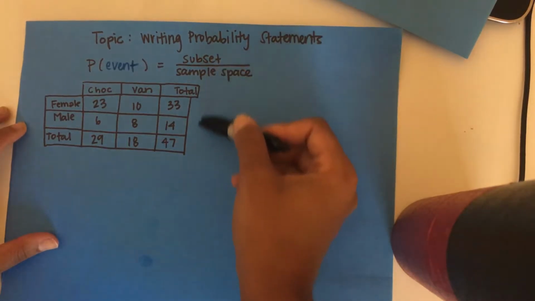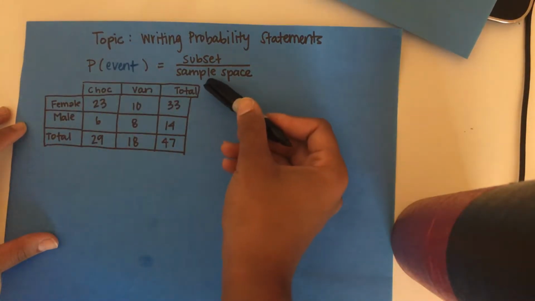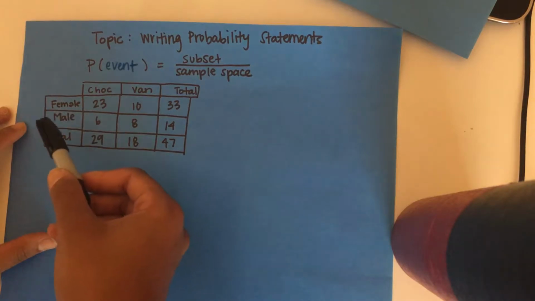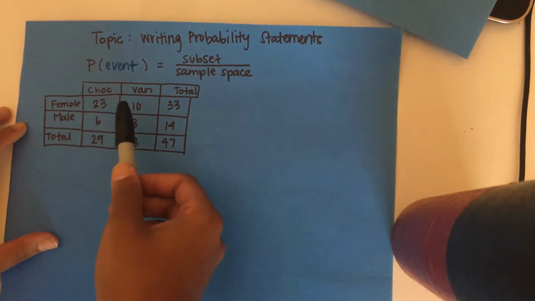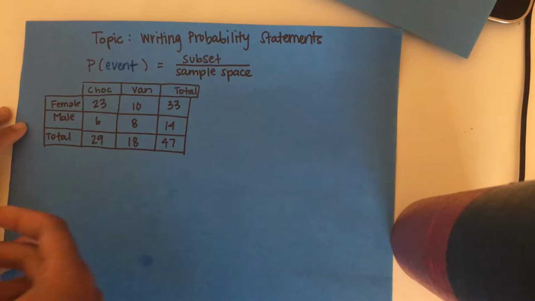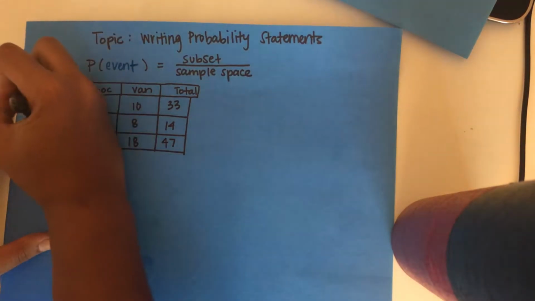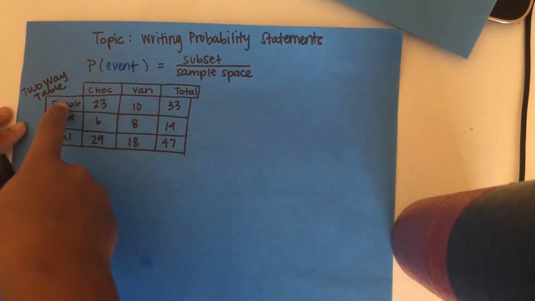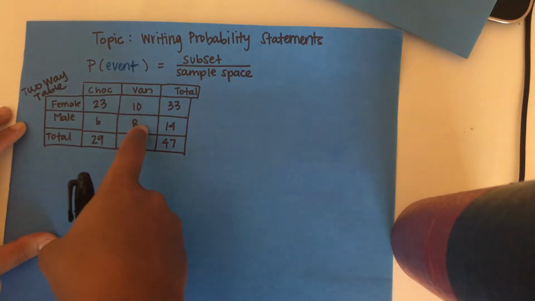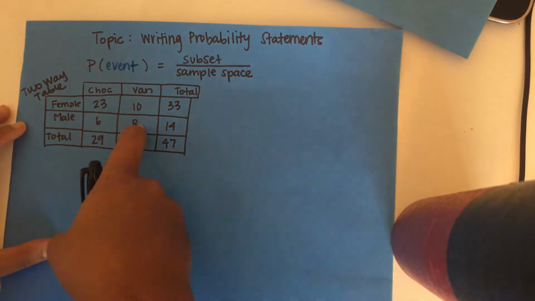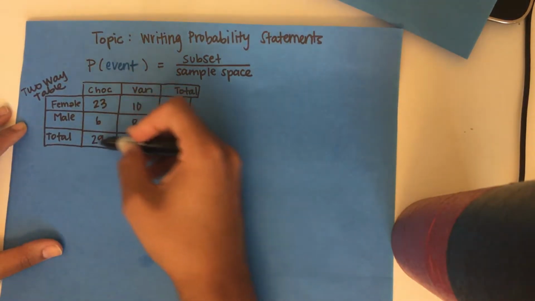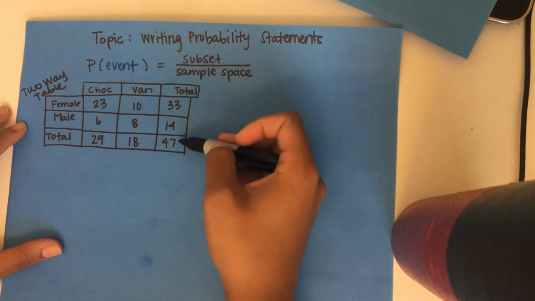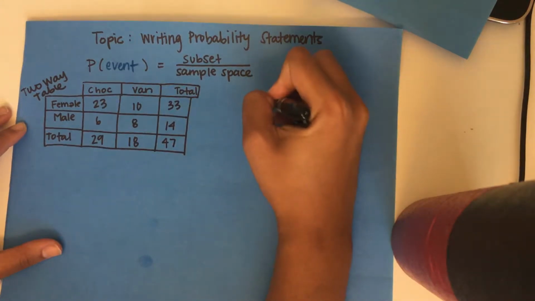So here's an example of a scenario where males and females were surveyed about whether they like chocolate or vanilla best. So we see from this two-way table that 23 females like chocolate and 8 males like vanilla, and so forth. We can see the totals on the margins, and that brings us to our first type of probability statement, a